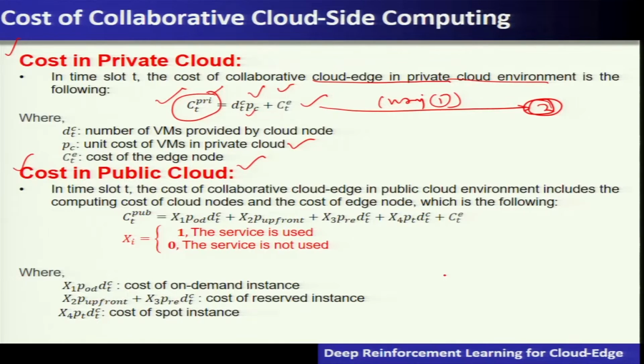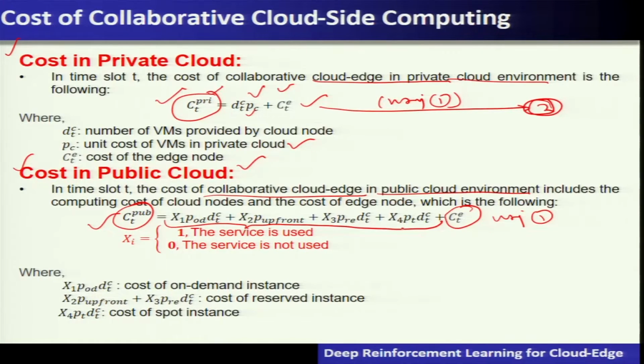So the edge and a public cloud, if, let us say, edge plus public cloud in a collaborative cloud edge environment with a public cloud environment included, then the cost will be the following. So the cost of using the public cloud, that is C of public cloud, is nothing but the cost of using the resources from the edge using equation number 1 that we have already explained, and then if the demand is not met wholly by the edge, then it will be coming from the